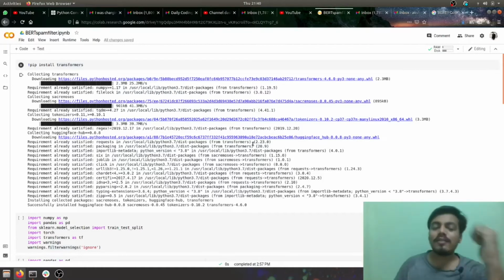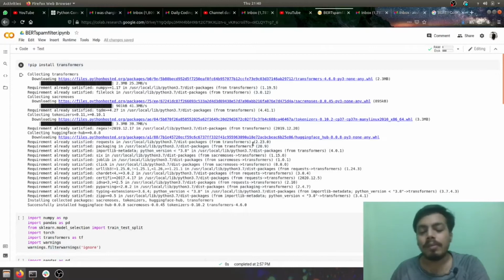So first of all, let's try to understand what is BERT and why there is so much hype about it. BERT stands for Bidirectional Encoder Representations from Transformers, and it's a model trained by Google on lots of data, and it has given many state of the art results. In fact, the Google search which we see right now is using BERT actively, and in many other applications of Google we see BERT.